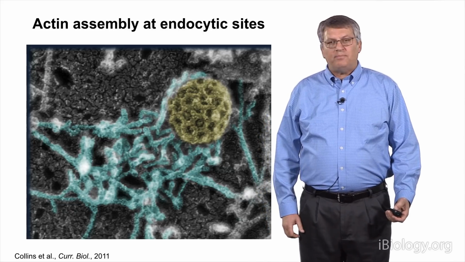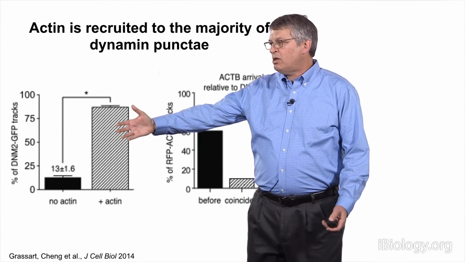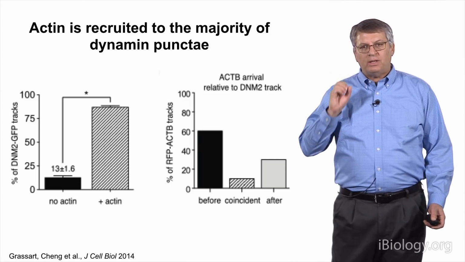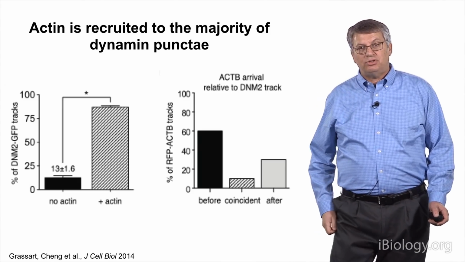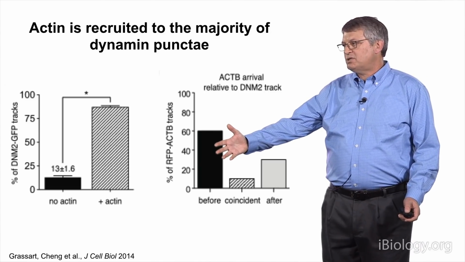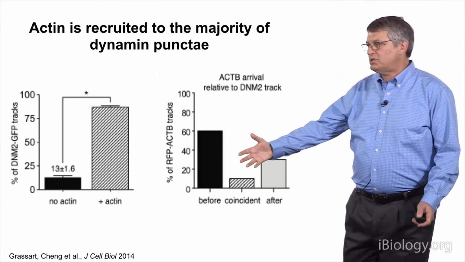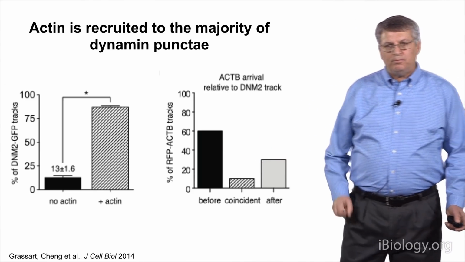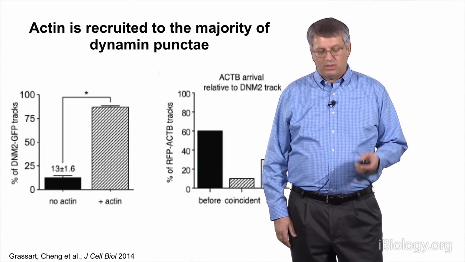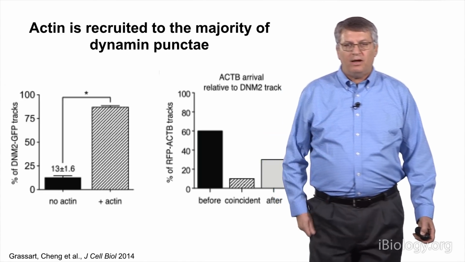Well, we tagged actin and clathrin, and what we found was that essentially all of the endocytic events, or at least around 90% of them, are terminated by a burst of actin assembly. And interestingly, the actin assembly in our endogenously tagged cells usually preceded the appearance of dynamin, although sometimes it was after dynamin. But it appears that the assembly of actin occurs as an endocytic vesicle is forming in mammalian cells. And so the actin machinery can be considered an integral part of the endocytic